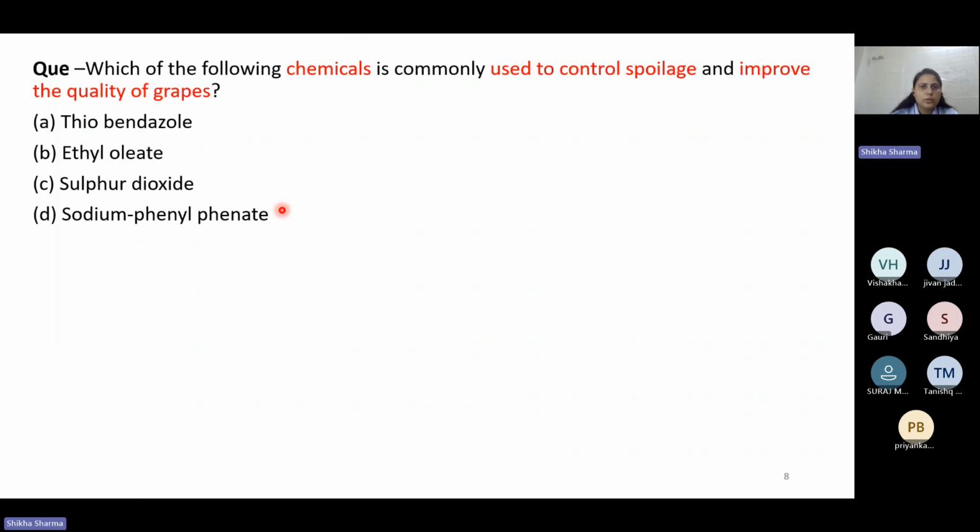Okay, so in the chat, everyone is saying sulfur dioxide. So let's see that sulfur dioxide is basically